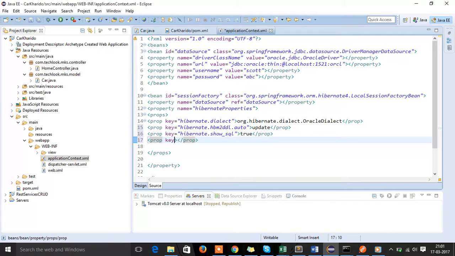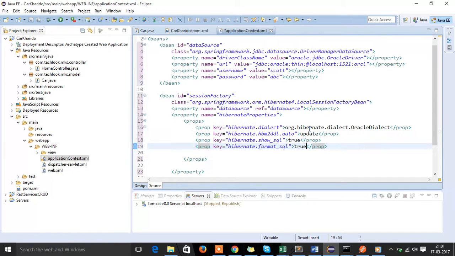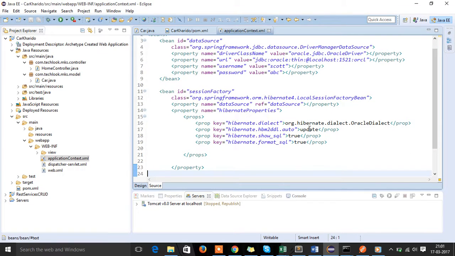After this, we need one more property, that is hibernate.format_sql, and we need to specify true for this one. So after specifying all the properties, this session factory needs one more property, which is